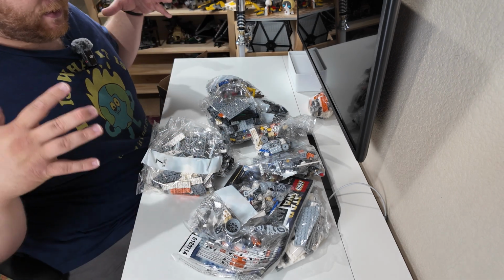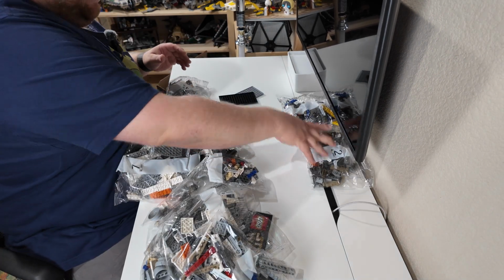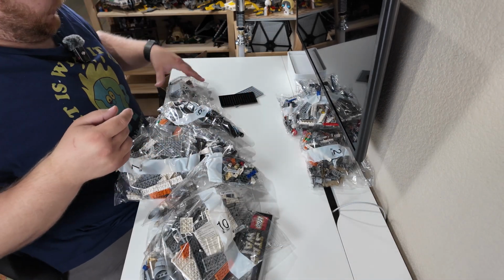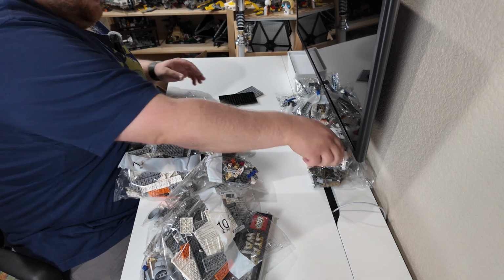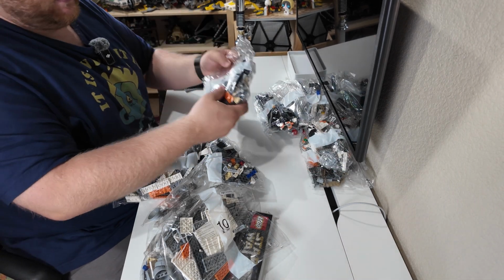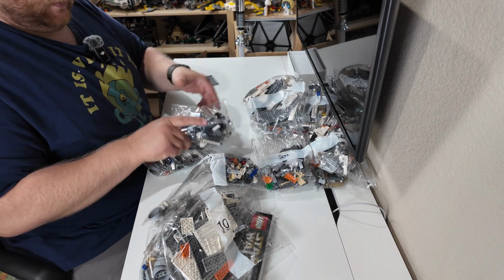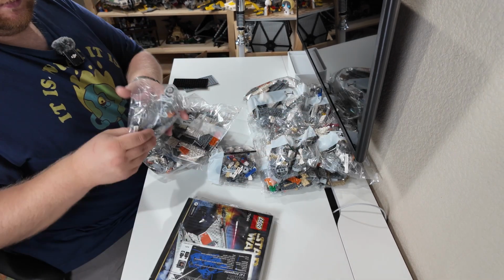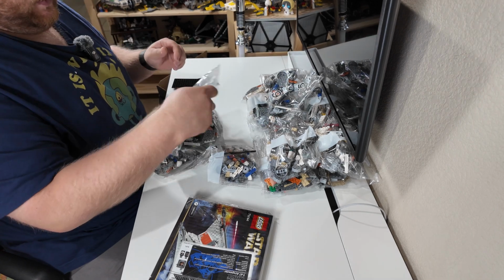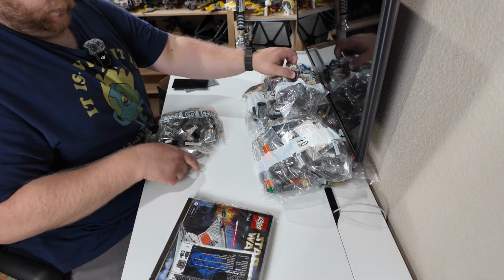14. So let's count our bags. We have our bag number 1. We have our bag number 2. We have bag 3 and bag 4. We have bags 5 and 6. Then we go into 7, 8, 9, 10, 11,